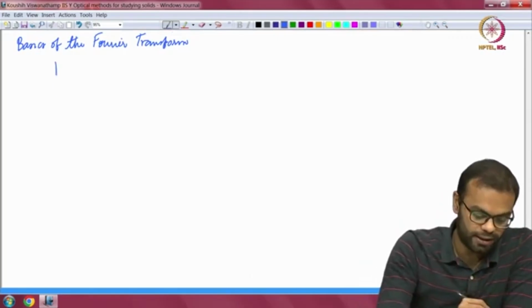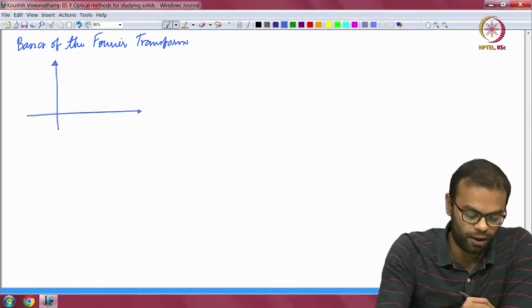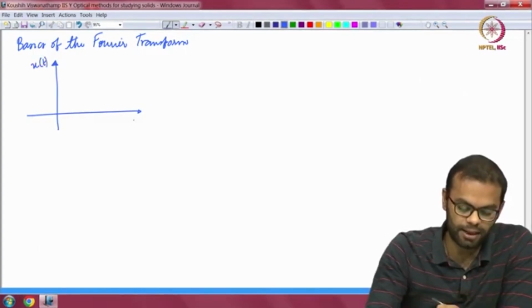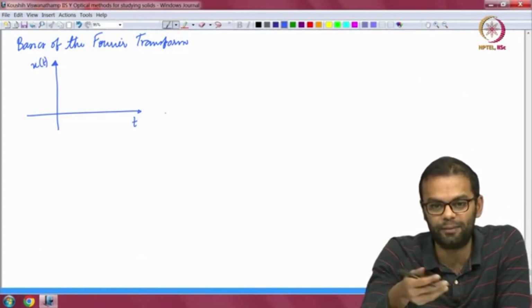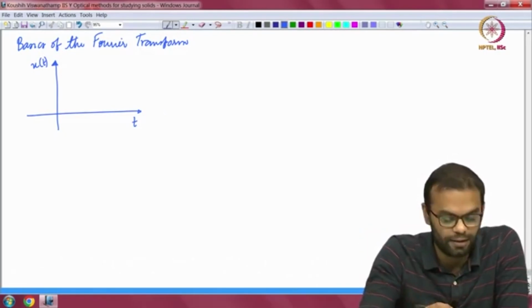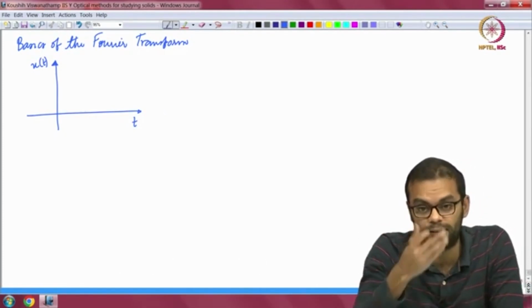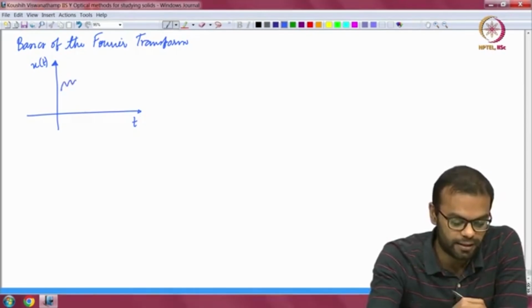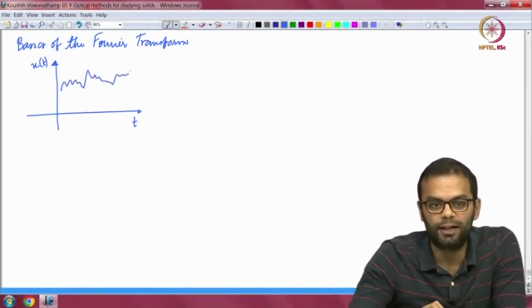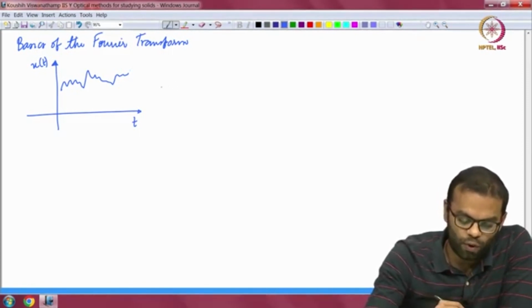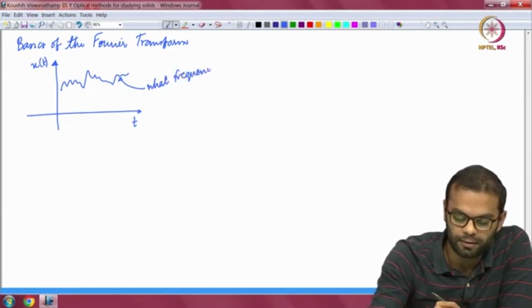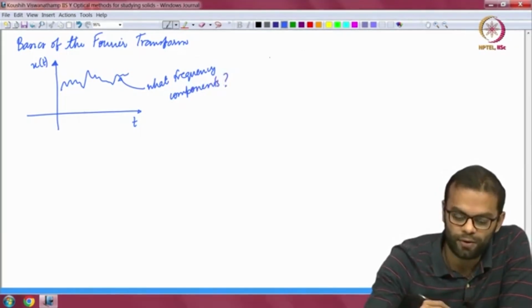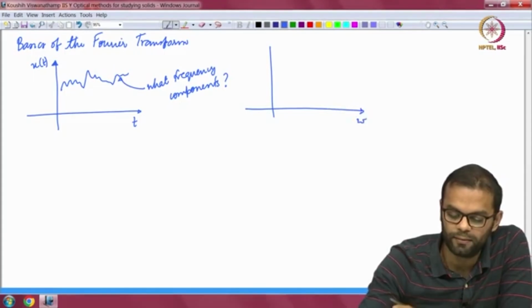Okay. So if you have a signal, we have already mentioned this at some point when discussing DIC, but nonetheless. So let us say you have a signal as a function of t, where t is time or length or distance or whatever, it does not matter, some variable. We will for now assume it is time because it is intuitively easier to make sense of, and the term frequency also comes from assuming t is time. So let us say you have a signal like this, okay, some shady looking signal. If you want to figure out what frequency components make up this signal, then you have to convert it into a frequency domain, of course,